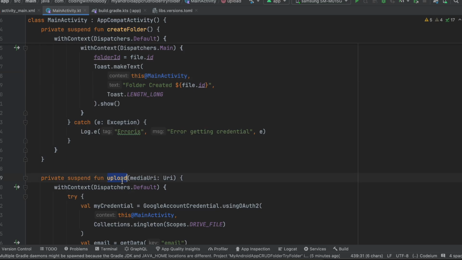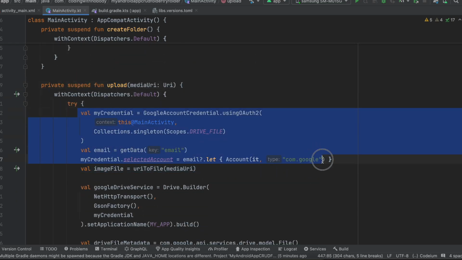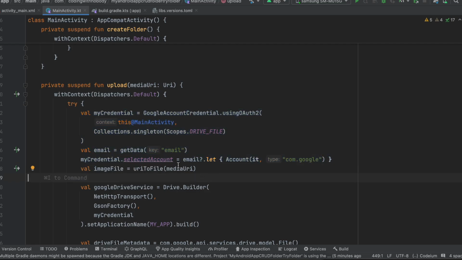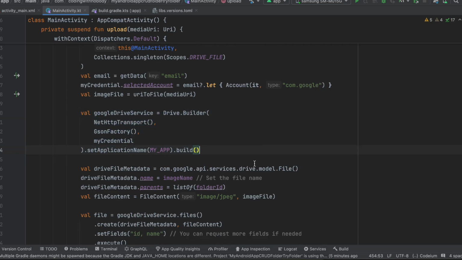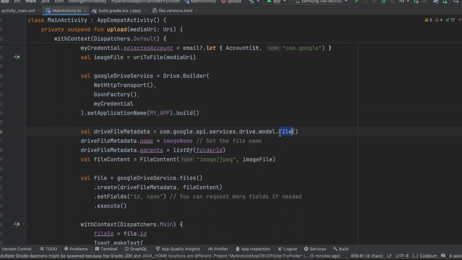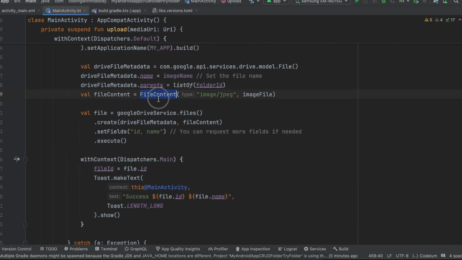Similarly, for uploading an image to that specific folder, again these steps are common. Then we are converting the selected image URI to a particular file. This is also common for all files. Then we just create this Google Drive file. We set the image name. Okay, and here as you can see I'm passing this parents. This is important, and here I'm passing the folder ID. So our image will be created in that specific folder itself,